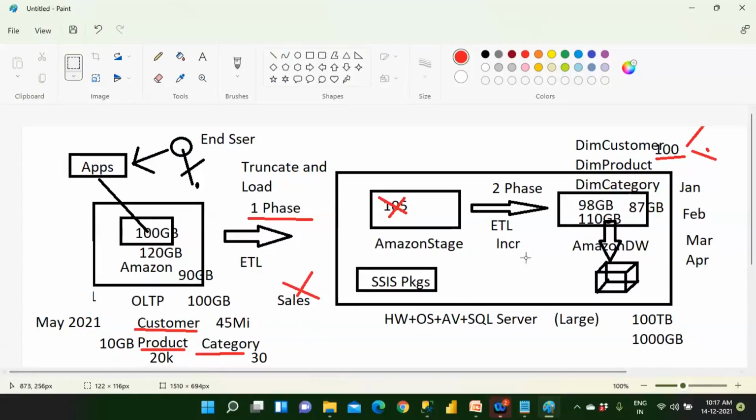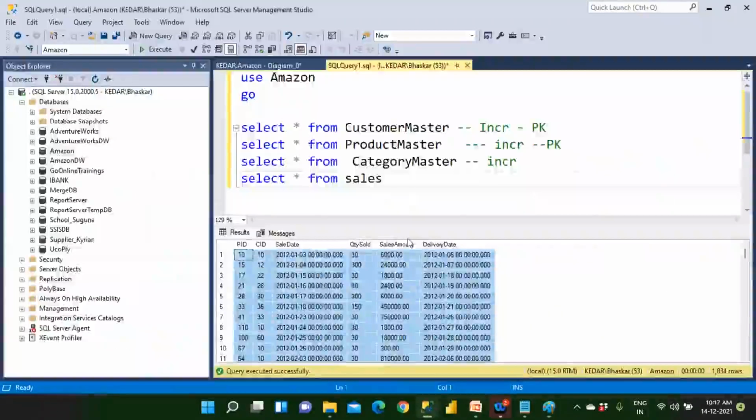So here, in these places, we can implement incremental loading because it has a primary key. There are no primary keys in this and we are deleting the data. If you need last month data or last quarter data or whatever it is, you should be able to get the data with the help of simple queries. Even though we don't have a primary key, we will be able to get last month data with the help of these queries. Clear? So we can write where